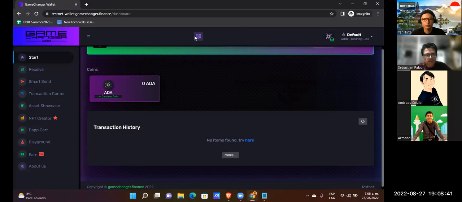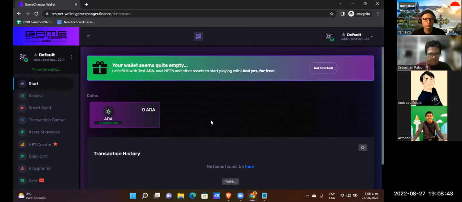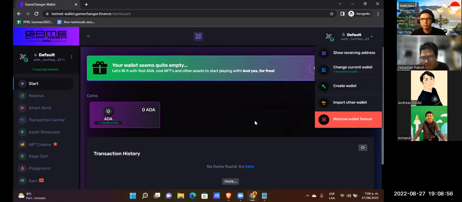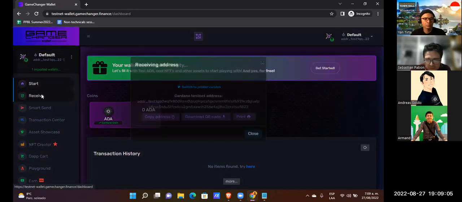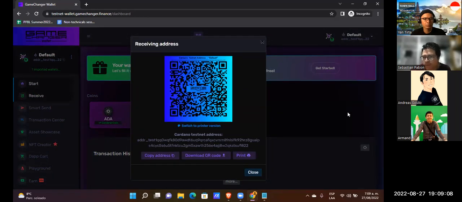Okay, this is our new Game Changer wallet. The process is similar. We have here many options, multiple options. For example, here we have start, receive. Don't forget, we are in the testnet environment from the beginning, so no problem.